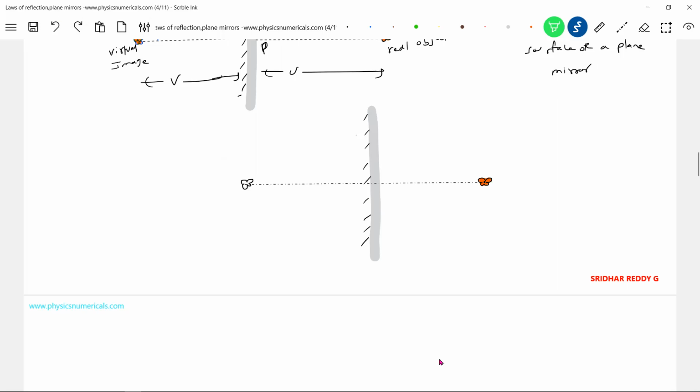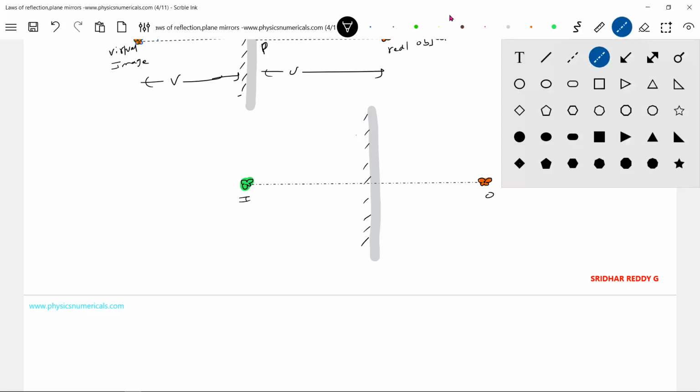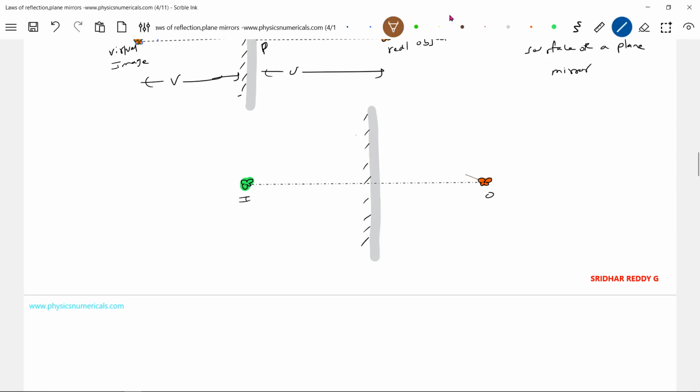Oh, some other color. Oh, yeah. This will be the corresponding image. Then can we trace out the rays by any other method? The incident rays, let me take this one. So one ray like this, after reflection,